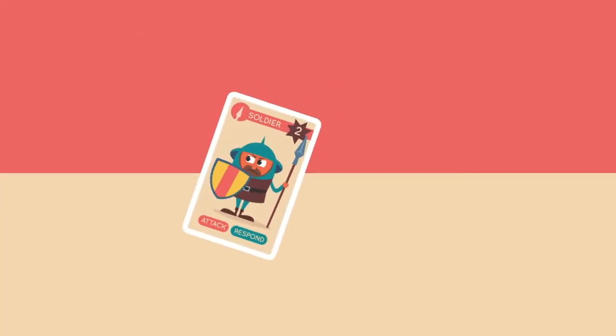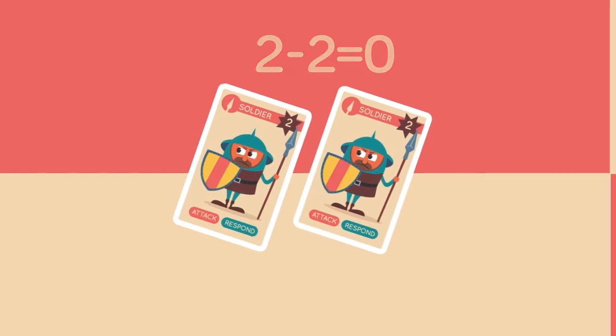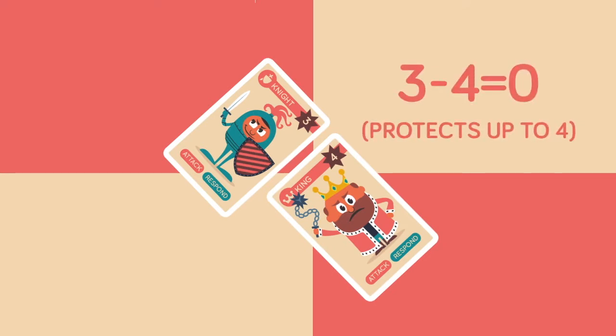Let's say you attack a rival with your Soldier for 2 of their gems. They respond with their own Soldier, protecting 2 gems, and both soldiers are discarded. Because no gems moved, you may choose to end your turn, or you may continue attacking. Next, you attack with your Knight for 3 gems. Your opponent decides to respond with his King, protecting 4 gems. Even though the King is more powerful than the Knight, his extra strength is wasted, and both the Knight and